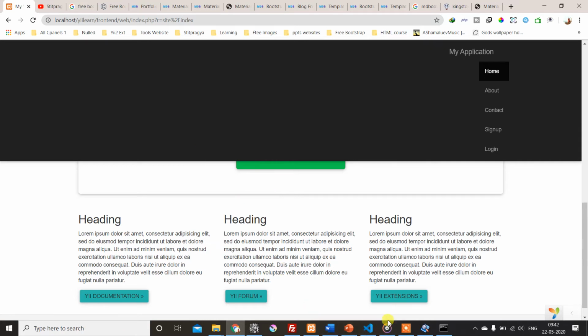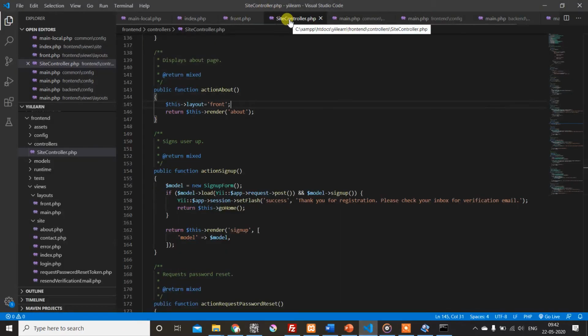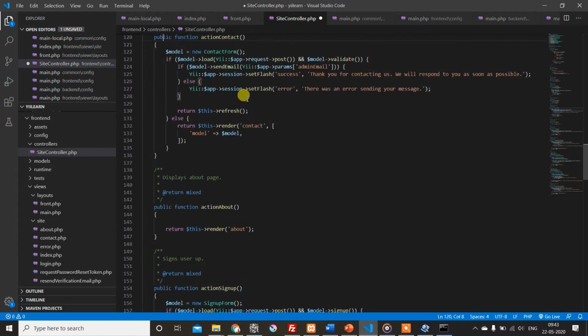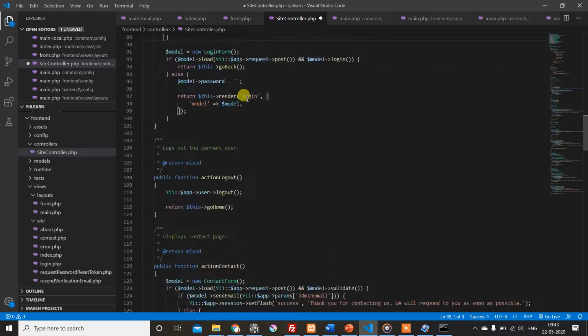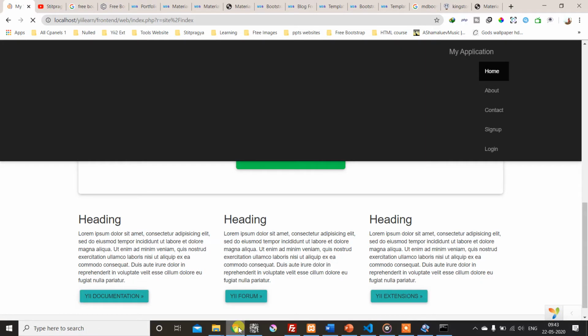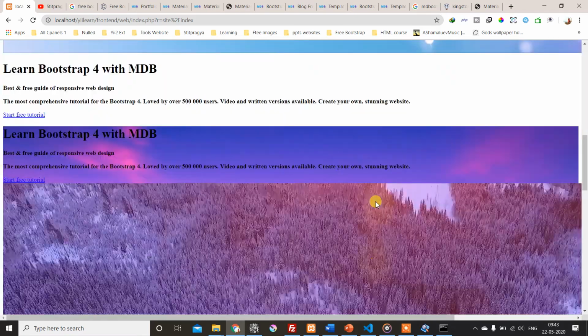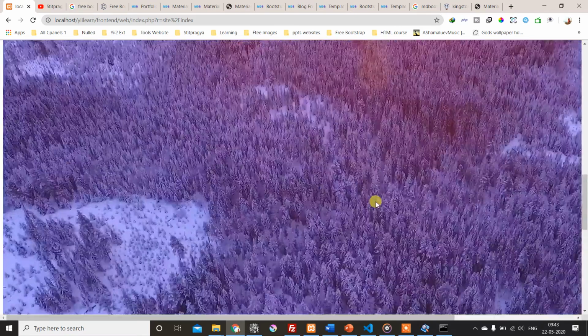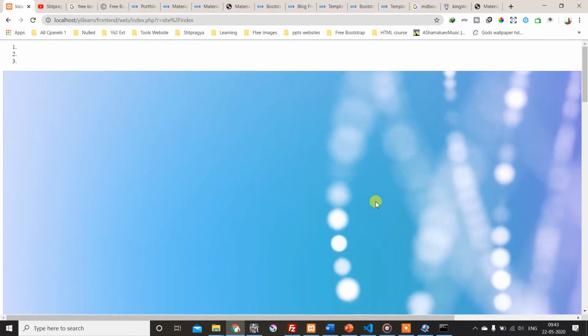So in the front end, this layout, okay, sorry, I just misplaced this one. We have to do it in index. Yes. Still it does not give the desired result. Yes, because